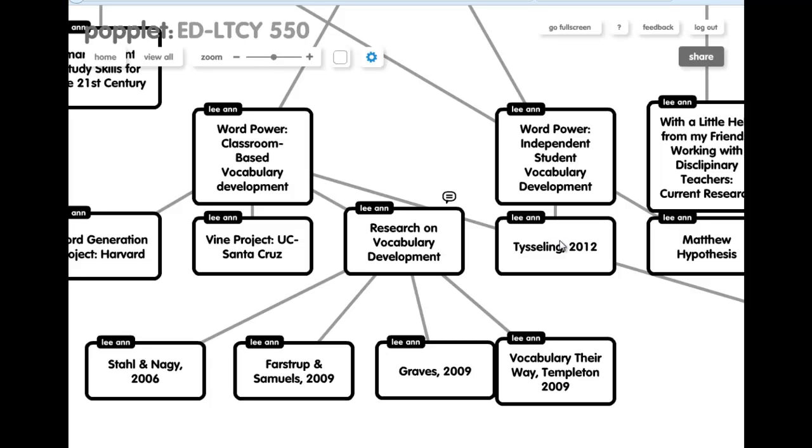The last chain is my online book with Stenhouse, the Word Travelers book. And although I do talk a little bit about some of the basics that you need to know about classroom instruction and vocabulary, my intent is largely trying to help students develop independent strategies for learning words on their own. And this is a multimedia online book. I have videos and interviews with kids and teachers in their classroom and tutorials on how to use a variety of